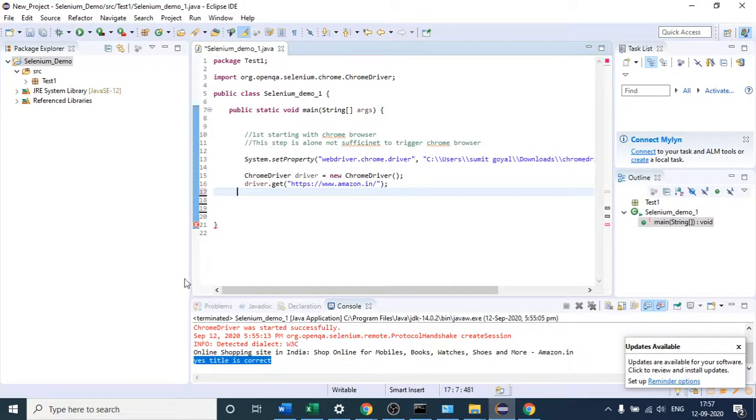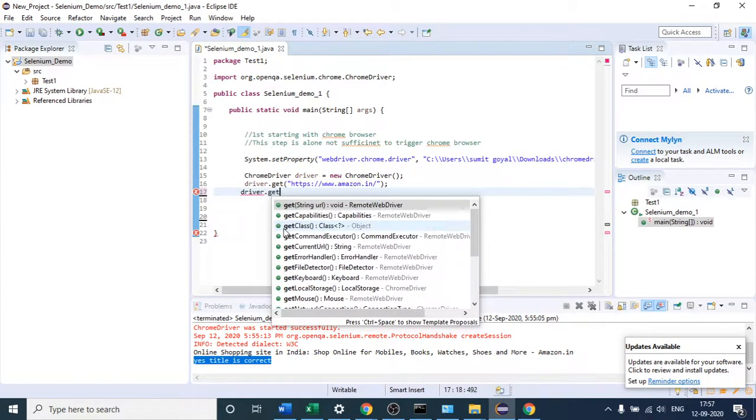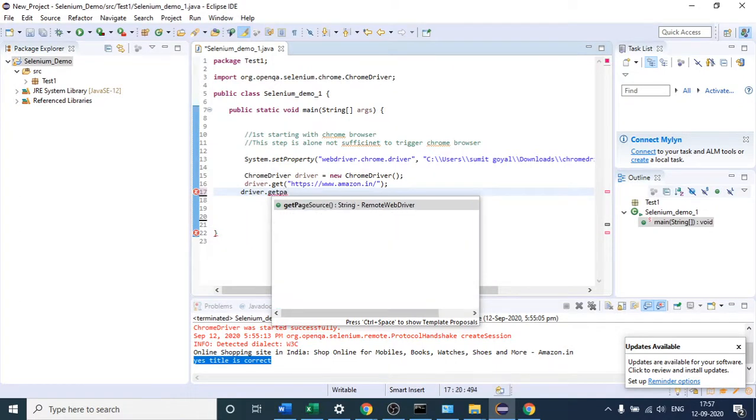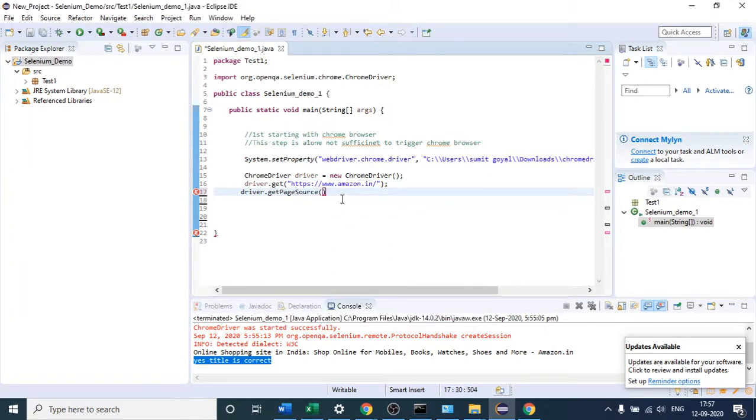How can you see this? This is a very simple method. I just have to get the page source. The method name is also the same, get page source. You can see it will return a string value, so I have to catch that in a string variable. It will return the code of the page. It was throwing one error, okay. So it is returning something in the form of a string. I will simply catch it as well: String s equals this. And I will just print that code here this way.